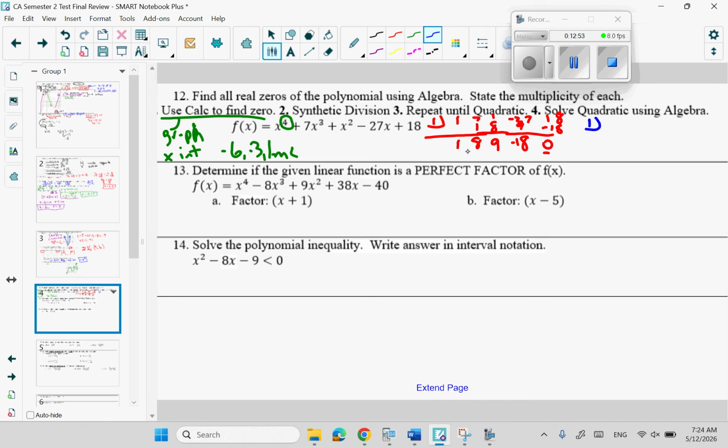I'm going to spend more time on 14, solve the inequality. So here I want to get everything to one side, and because I have a quadratic, I'm going to factor. So what multiplies to -9 that adds to -8? That would be -9 and +1. So set both of those equal to 0. We would get +9 and -1. So I have to